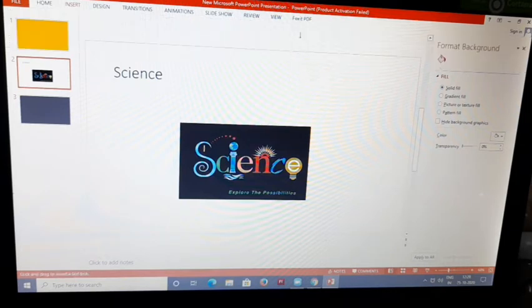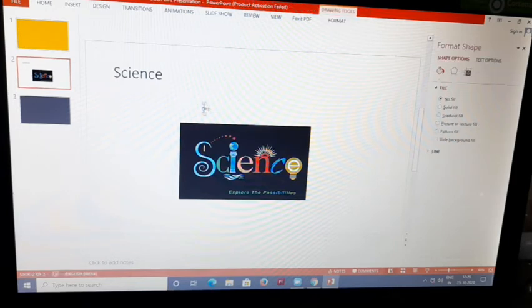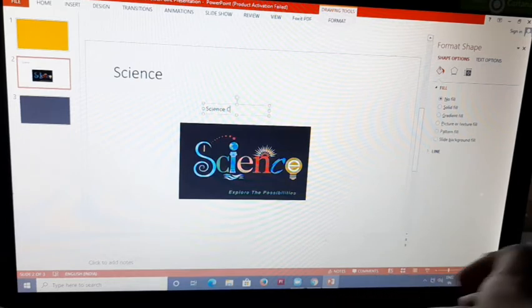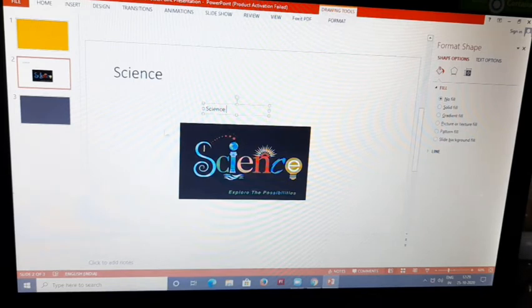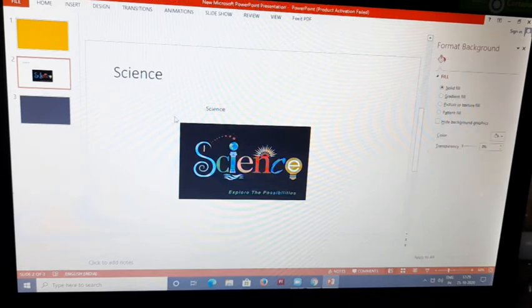If you click the text box and fix it at the place we want, inside that we can write anything. I just wrote in the text box: Science.